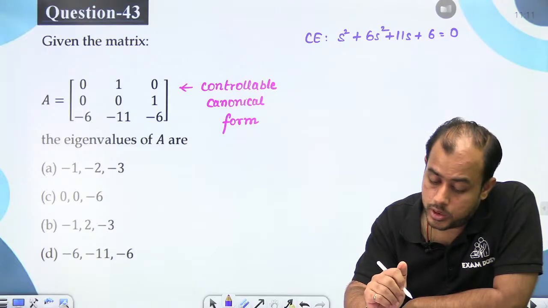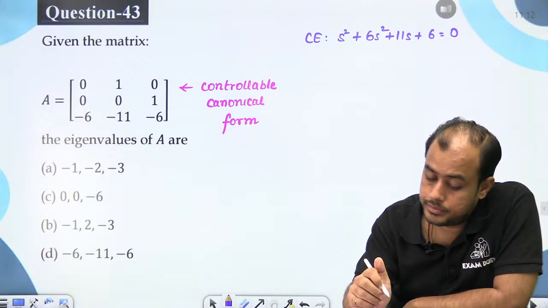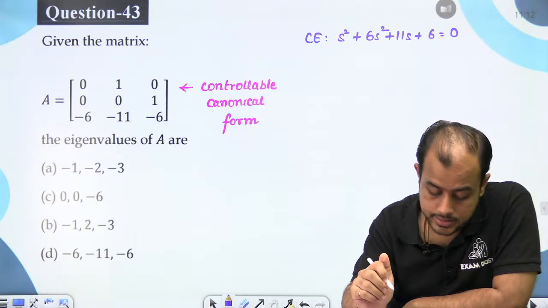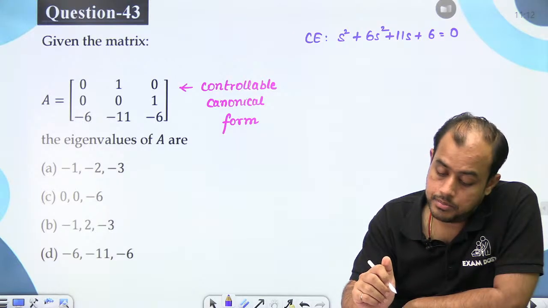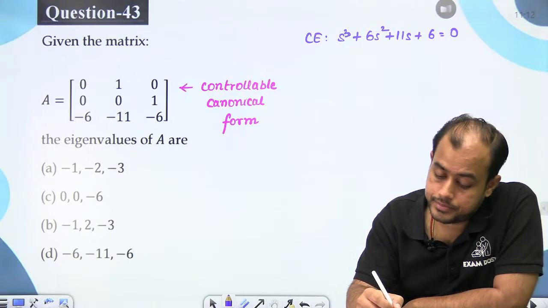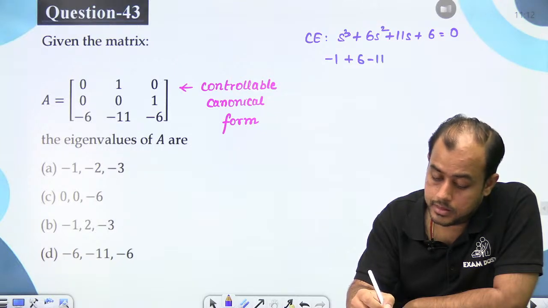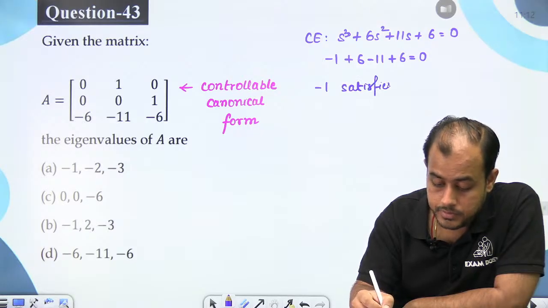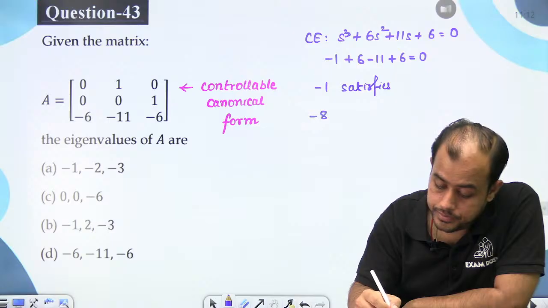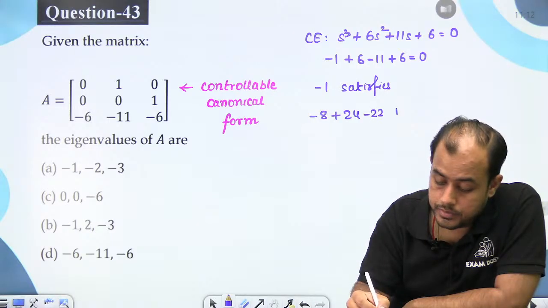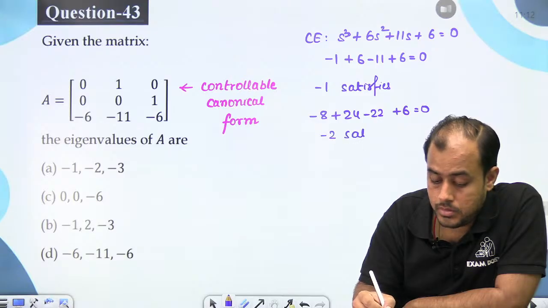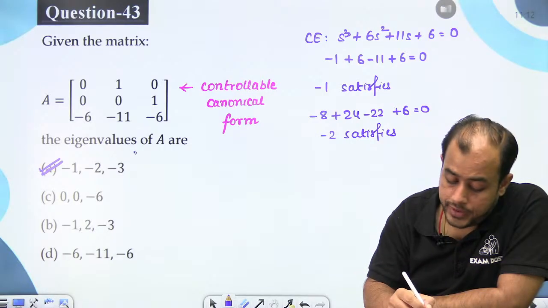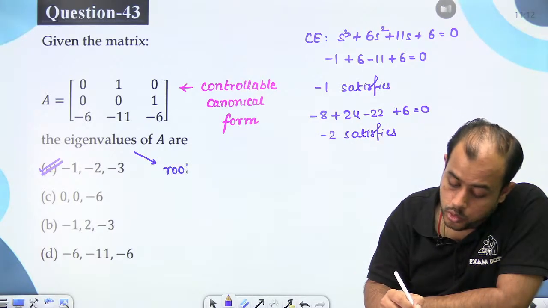Now, -1 if I put, 6, 12 और एक 13, -11. नहीं -1 तो नहीं चलेगा. -1 चल जाएगा ना. -2 चेक करो. -2 also satisfies. Eigenvalues of A are actually roots of